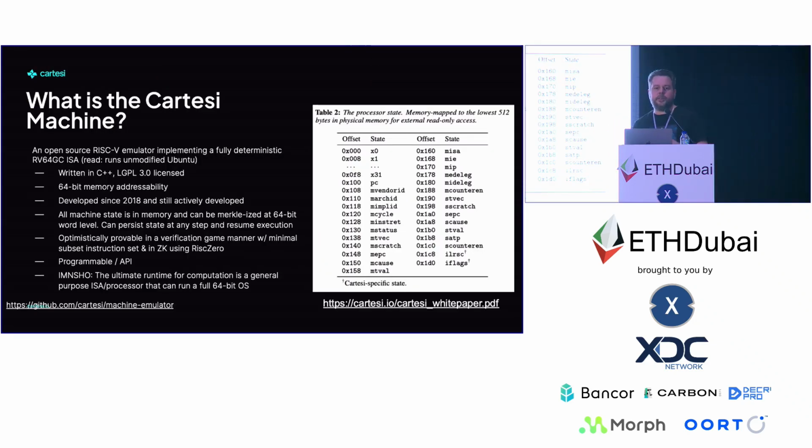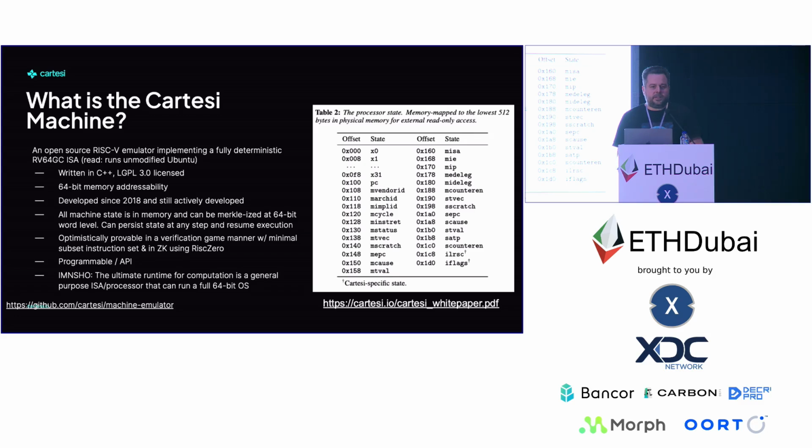So, what we have is the Cartesi machine. Some people call this an LVM. It's an open source RISC-V, and RISC-V is an open source instruction set. It is very well documented. It has a bunch of test cases. It's running in real hardware. And what we have done is implement a fully deterministic computer, or machine, where if you start out in one particular state of your machine, you will always end up in the same finalized state of the machine.